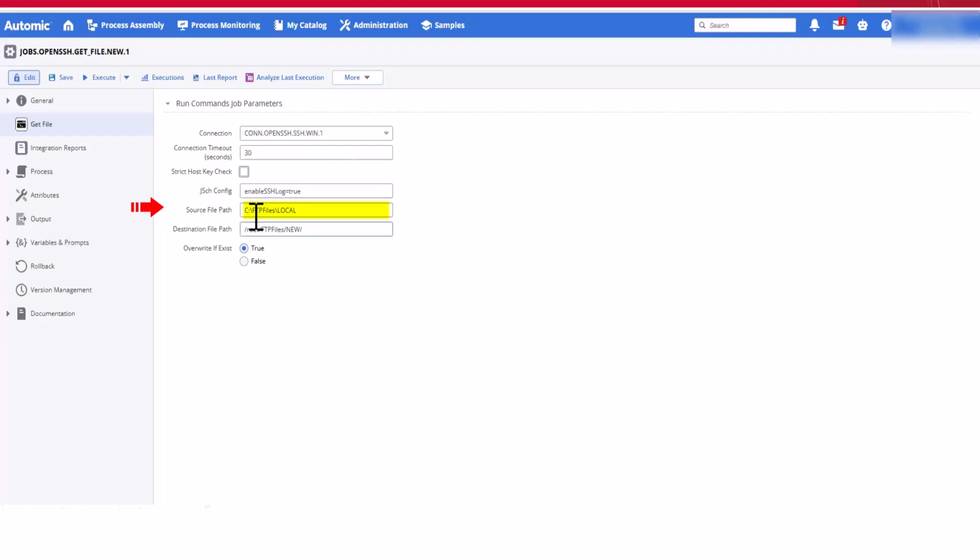c:\ftp files\local. In the next field, the destination file path field, we define where we want to place the file on the local system where the agent is running. For example, we are using /root/ftp files/new here. Last, but not least, we can decide whether we want to replace a file with the same name if it already exists in the target folder by checking either the true or false box in the overwrite